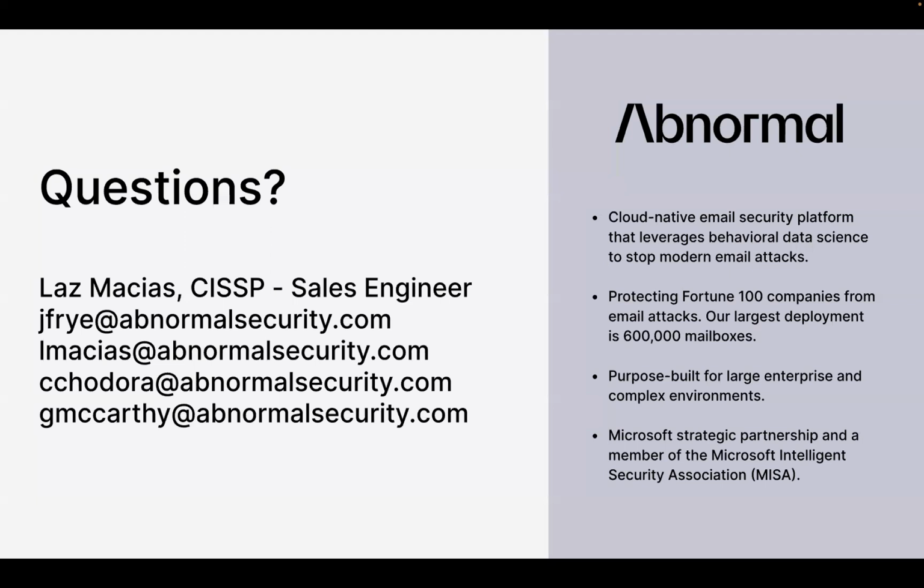I looked at a series of dashboards that we have, and this is something that we keep track of from an efficacy standpoint. The last dashboard highlight here shows the false positive rate for Abnormal is 1 message per 1 million messages inspected, right? And that one message could be something like gray mail, could be something like spam, something that doesn't have enough intelligence to say this is bad, and falls into the category of potential false positive. But you can submit the false positives over to us. The behavioral models are designed to auto adjust depending on anything that's reported over to us, anything within the console that you're flagging as a potential false positive.